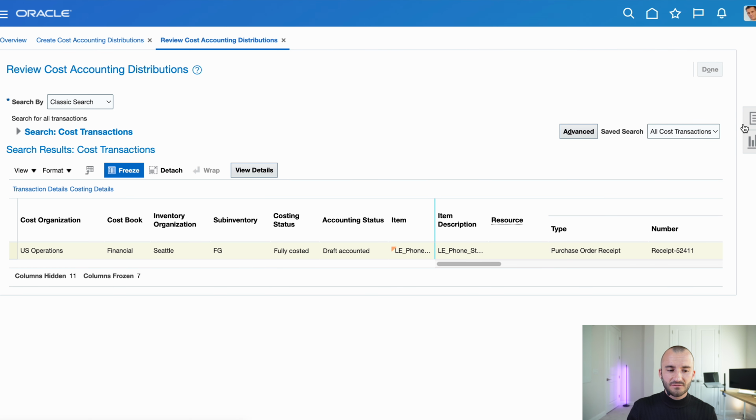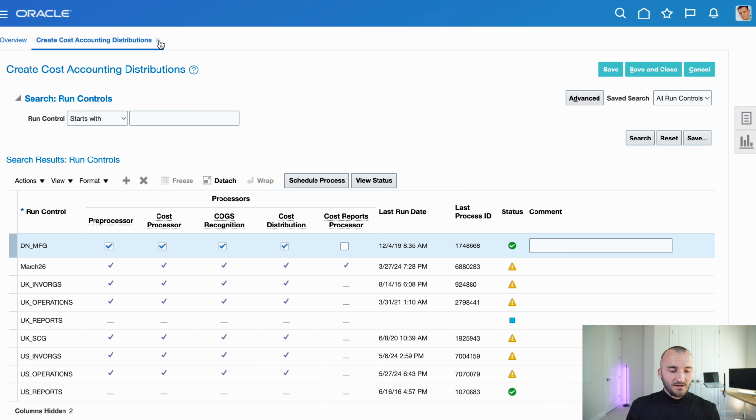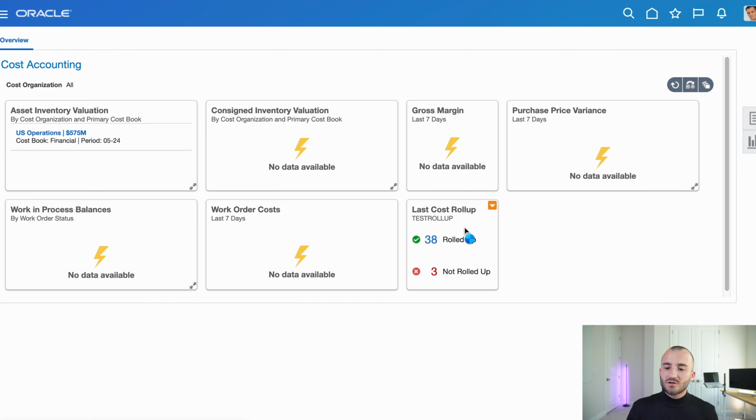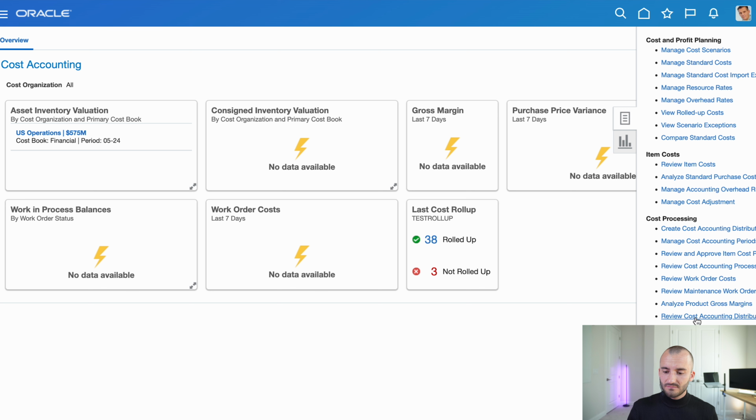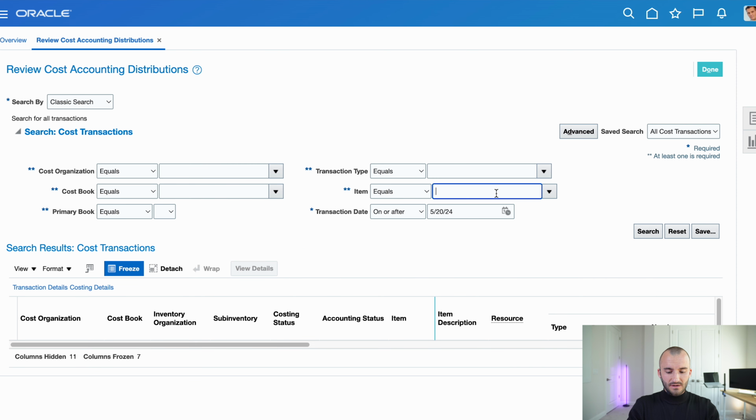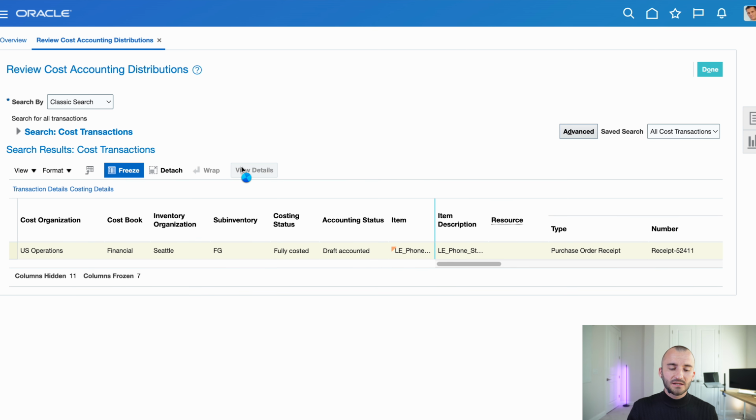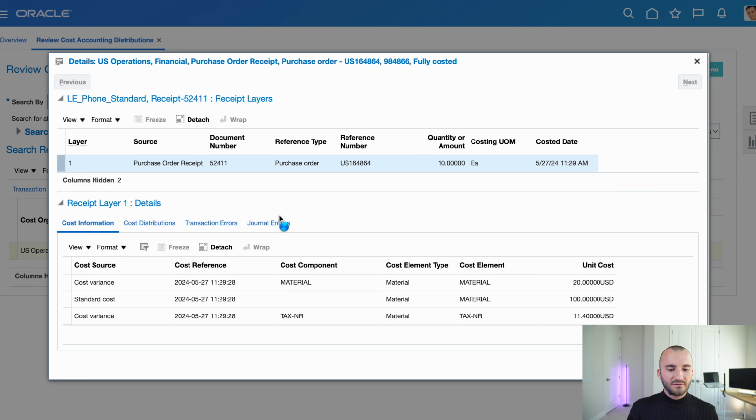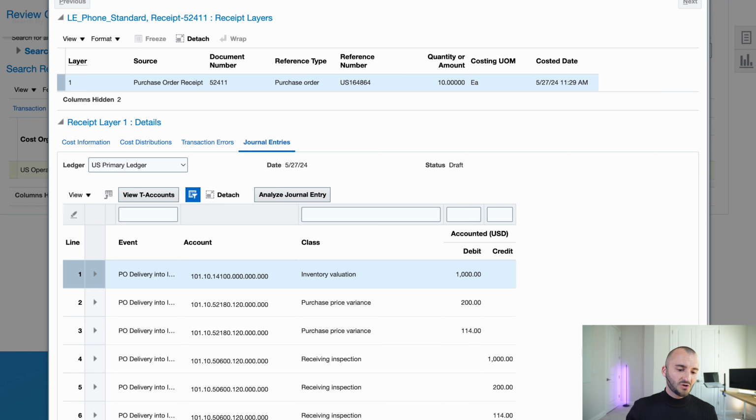Probably I gotta get out of here first. Close this too, and then go back in again. Let's check if everything worked out well. Search. Okay, highlight the line. Click on view details, and now if I go to journal entries, you will see the different journal entries